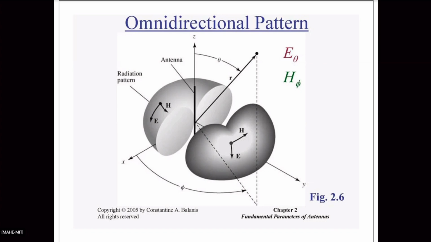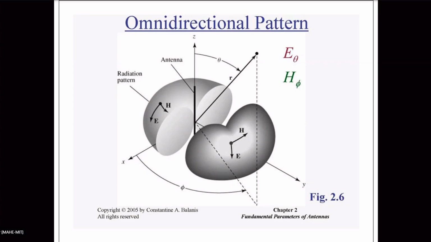See, there is an antenna and you have drawn two circles, one with radius R1 and one with radius R2. What R1 and R2 are is also mentioned in the slide. R1 is equal to 0.62 square root of d cubed by lambda and R2 is 2 d squared by lambda. So this gives a rough indication of the distance, and it will divide the region around the antenna.